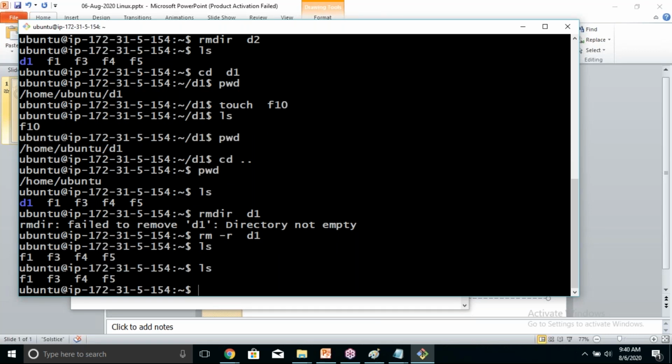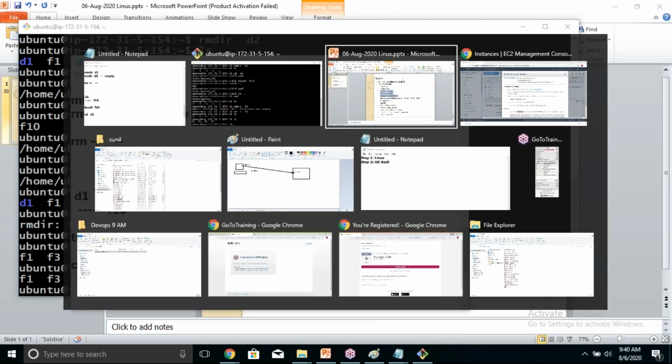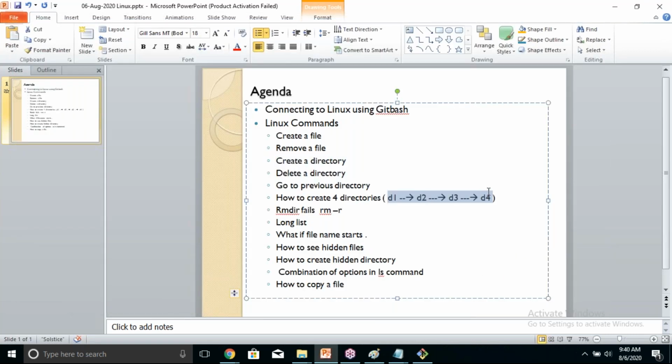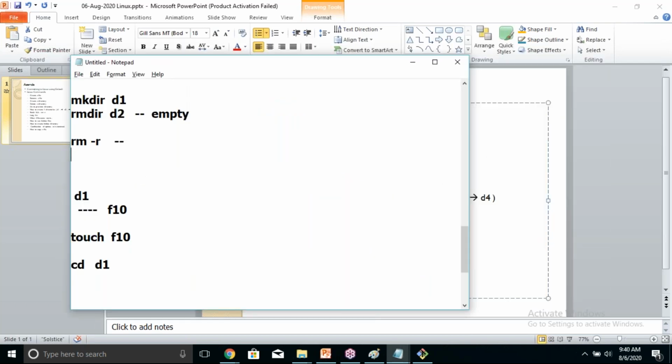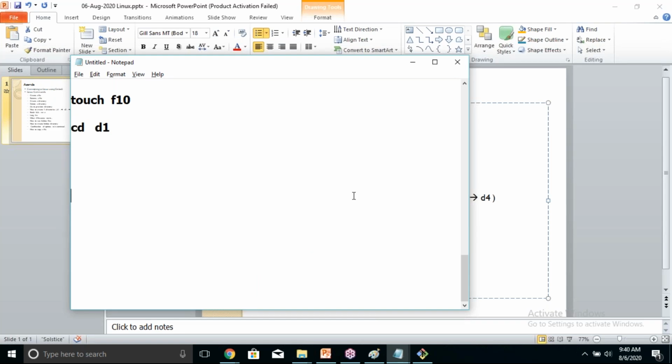This is my requirement. Try to understand what my requirement is. I want to create this directory structure. I want to create how many directories? 4 directories. I want to create a directory called D1. Inside D1, I want to create one more directory, D2.